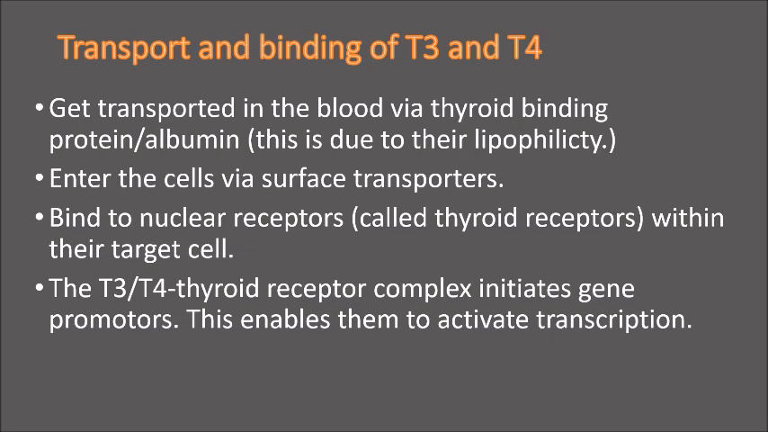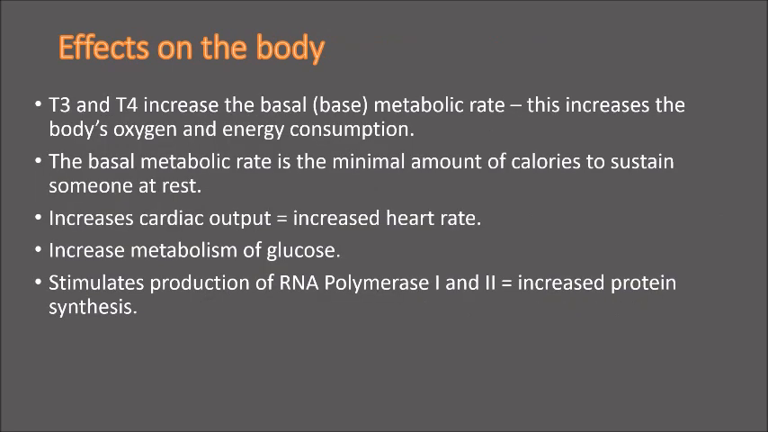Once they reach their cell target, they enter the cell via a family of cell transporters known as the monocarboxylate family. This is similar to the transporters found in follicular cells, which transport T3 and T4 out of the cell. When they enter the cell, they bind to nuclear receptors, known as thyroid receptors. The T3 or T4 thyroid receptor complex initiates gene promoters, and this cascades to the enabling of transcription and the translation of proteins. So T3 and T4 increase the basal metabolic rate, and this increases the body's oxygen and energy